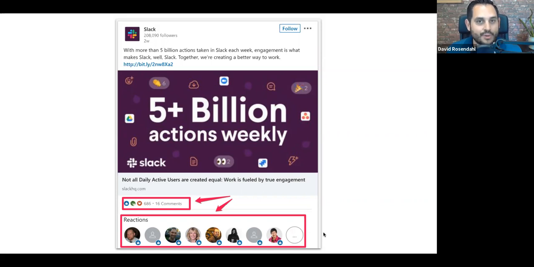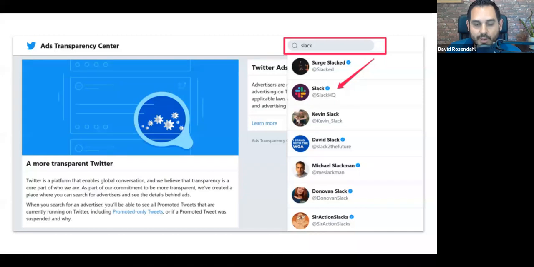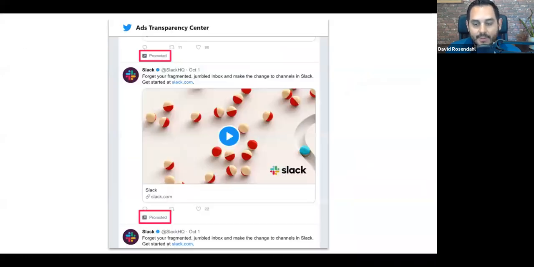You can insert yourself in that conversation, right? You can start to talk back and forth with them. And you can start to use that information to inform what you're going to be doing. The same thing is true over on Twitter. So again, for Slack, you can go over and click on this little icon beneath the tweet. I saw somebody say that they're on Twitter. You can go over there and do exactly the same thing on Twitter, okay?